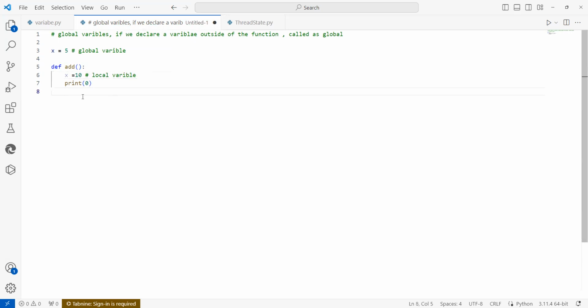Local, it is a local variable. Now how can we get the output of this print? Simply, you call the function add. Then what happens? It prints x here. Whenever you call this add function, it will print 10, but not 5, because